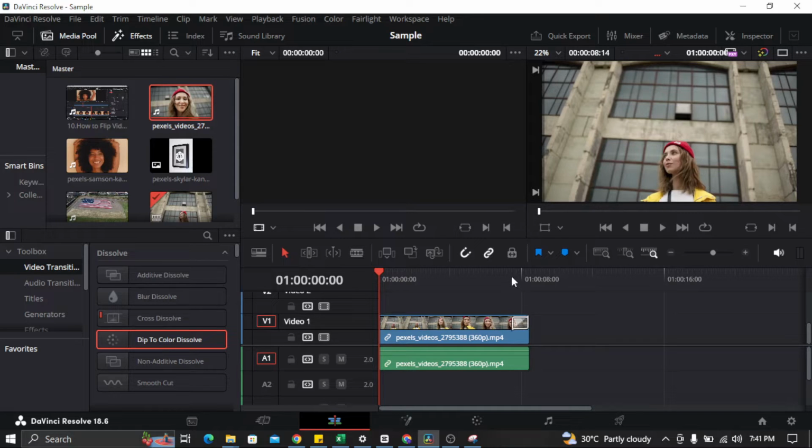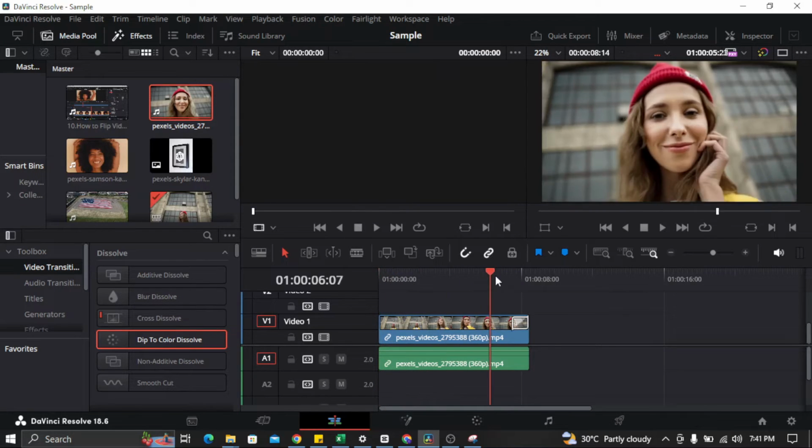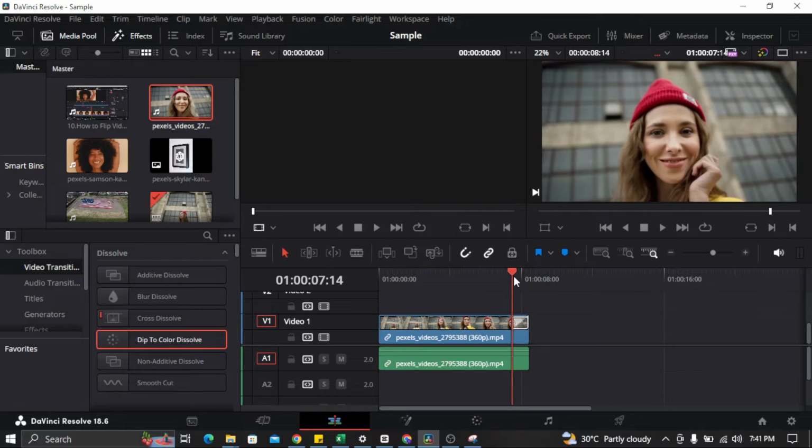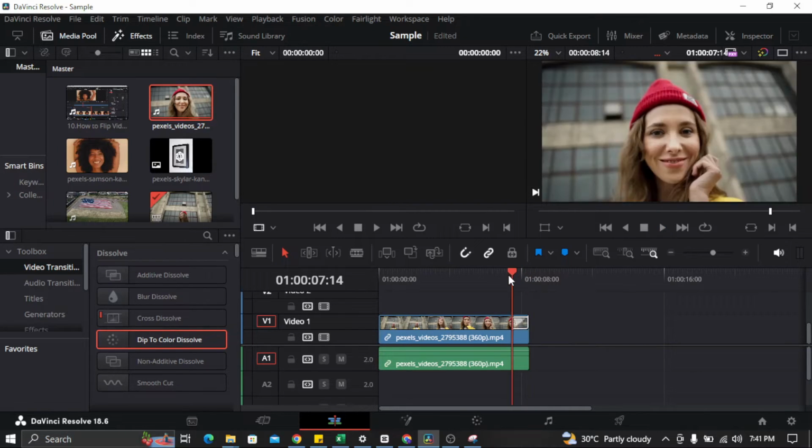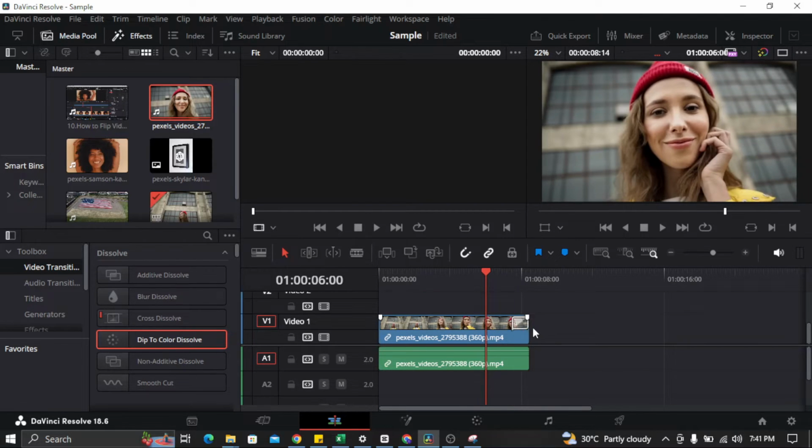And then once you put it at the end of your video, you notice that it is actually fading to black. So what you need to do is click on the effect here at the end of your video, go to inspector,